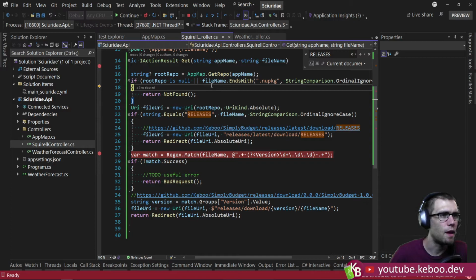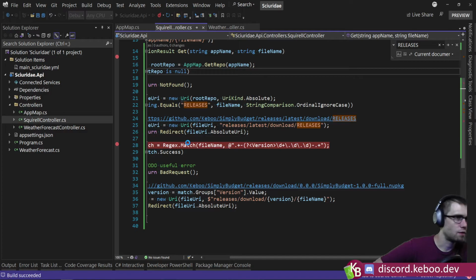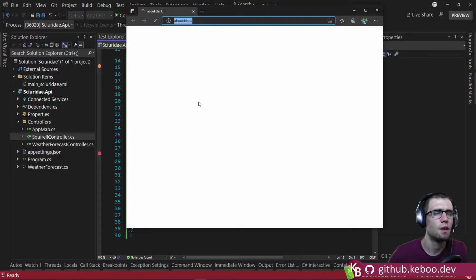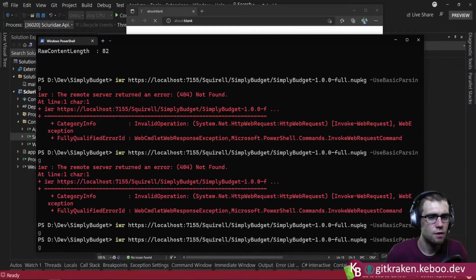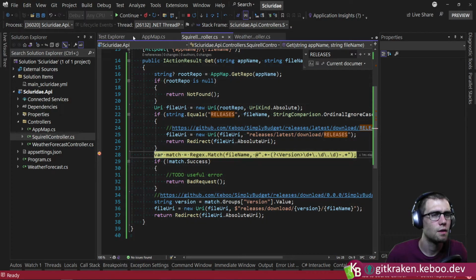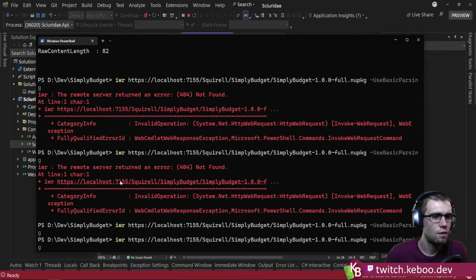Oh, if file name ends with. Oh, that's... We gotta eliminate that check real quick. That's problematic, because we don't want to return not found in that case. We do probably want to add some checks on it, but if I put it on now, it'll break the releases callback. So we'll let that guy fire up. Then we're gonna do this guy here. Let's see. Okay, so